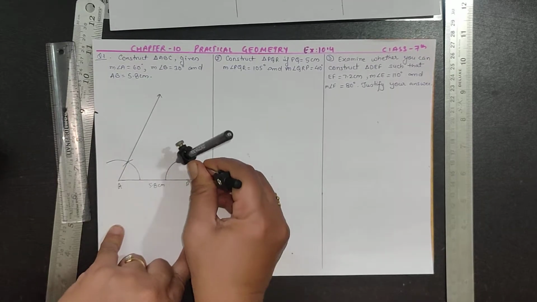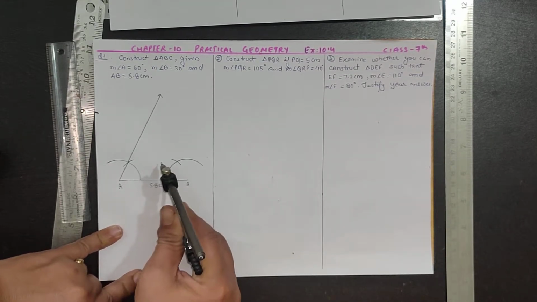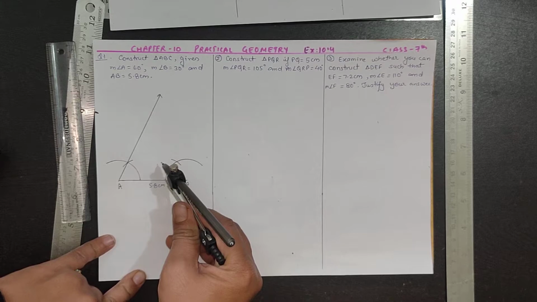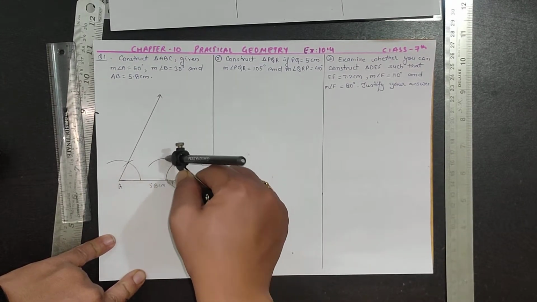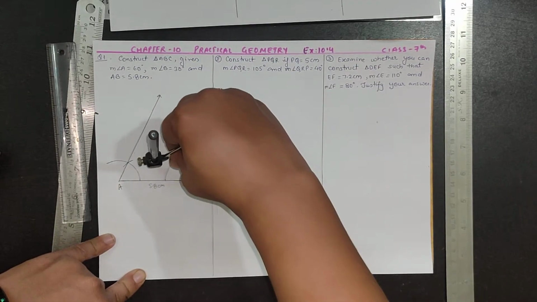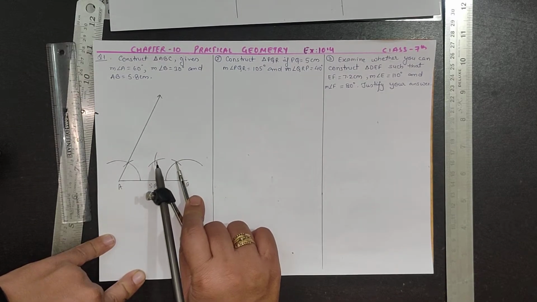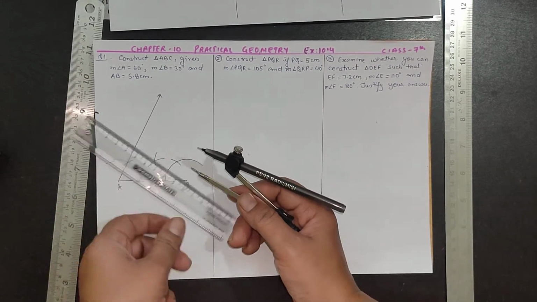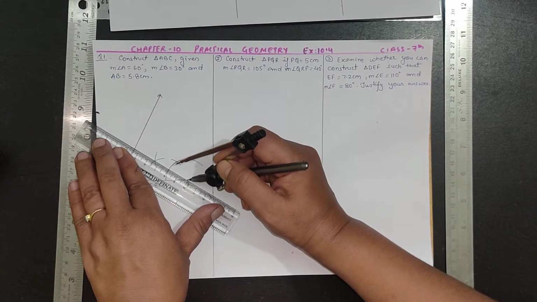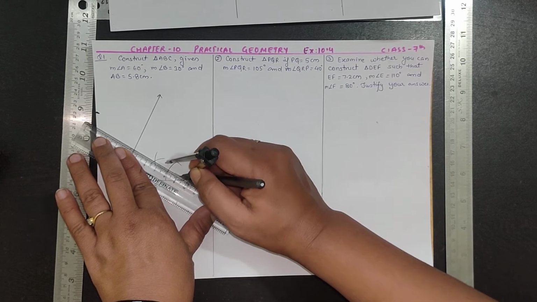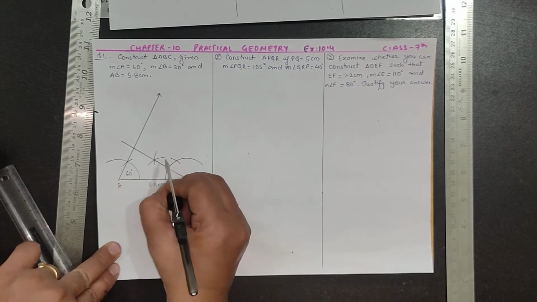So again with the same arc, I am drawing one semicircle here. First arc is 60 degree, and on bisecting this 60 degree, we will get 30 degree. From the initial point, I will cut an arc on the edge, and the point which I have got here as 60 degree, I will put the pointer on this point and cut an arc on the same arc. You will find 30 degree. You can measure it with the help of the protractor also. This must be 30 degree.